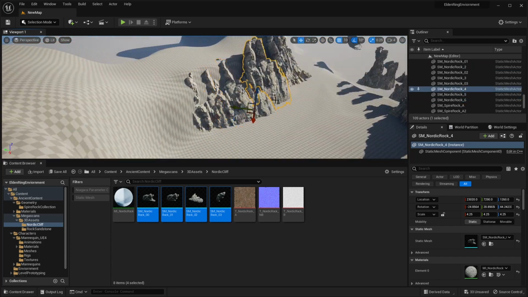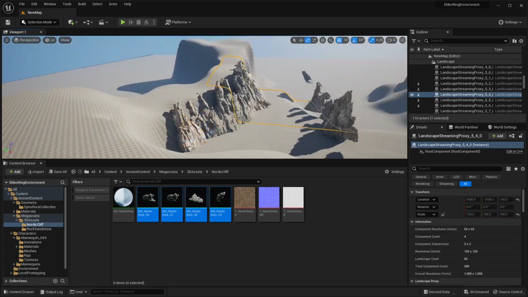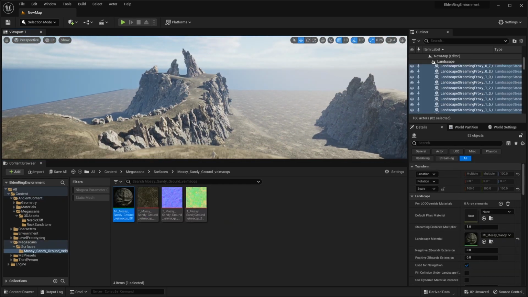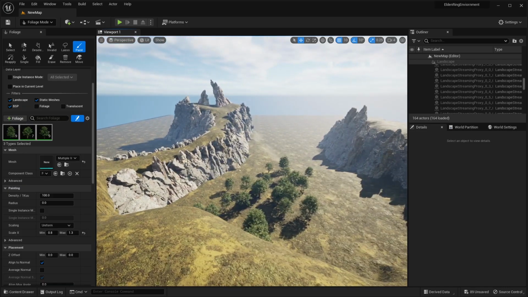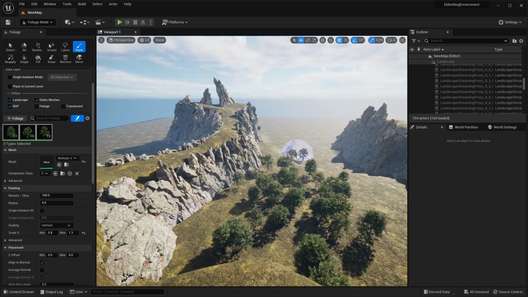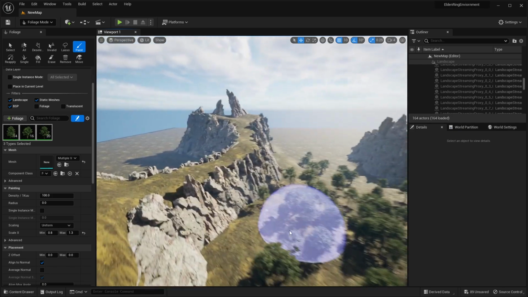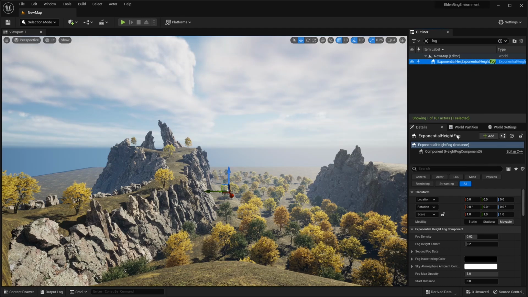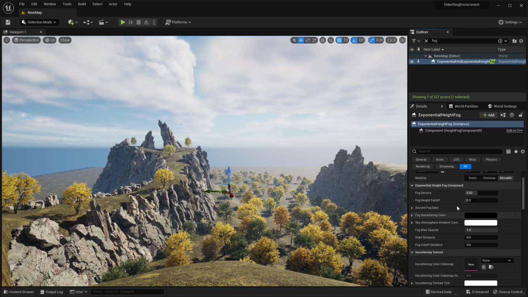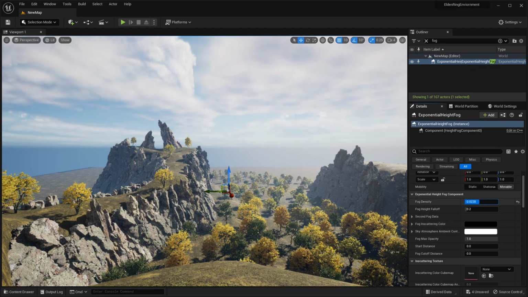In this video we're going to create this Elden Ring environment inside of Unreal Engine 5 using only free assets. So this tutorial is for beginners. I'll explain every step of the way. We're going to first start off by sculpting our own landscape, blocking out our level with these rock meshes. We're going to apply a landscape material, and we're going to create this little environment scene that you see here